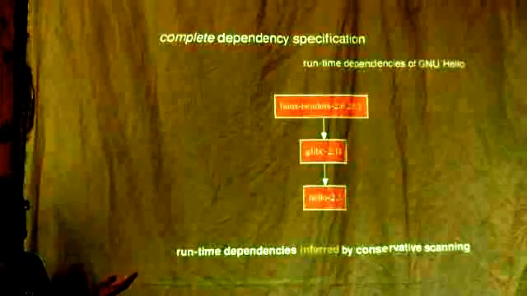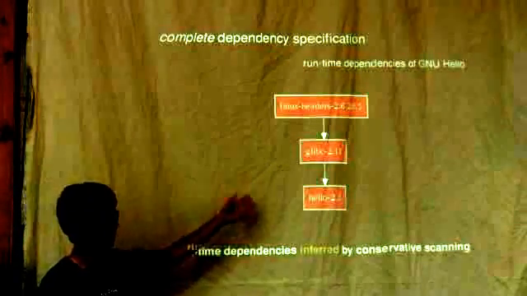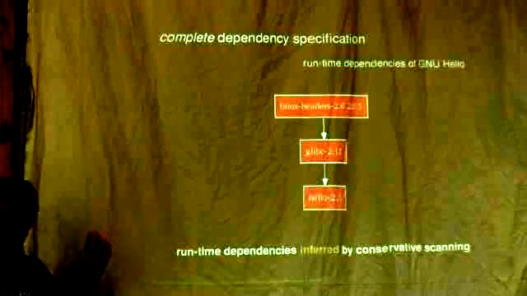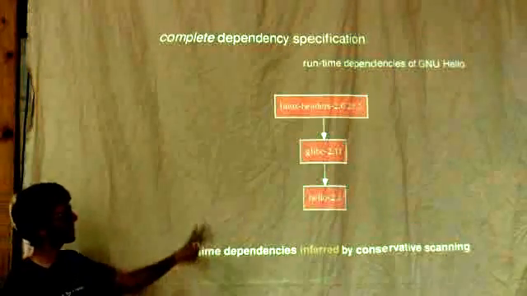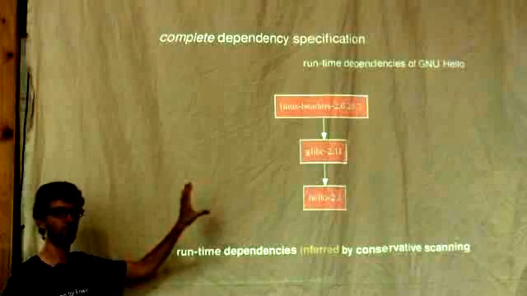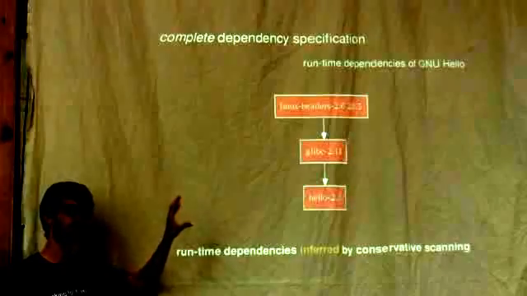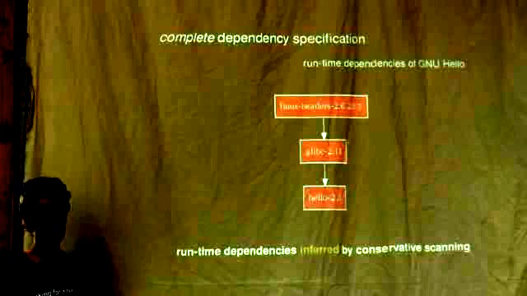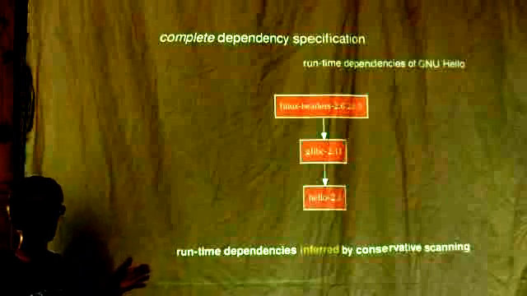Now if you look at just the runtime dependencies of GNU Hello, of course it's much simpler. It's just this very simple DAG. You just have Hello depends on libc, which depends on the Linux headers. And the funny thing is that these runtime dependencies are automatically inferred by conservative scanning. So what Nix does is that when you're done building a package, it will just scan all the files recursively in this package, in this binary, and it will look for path and